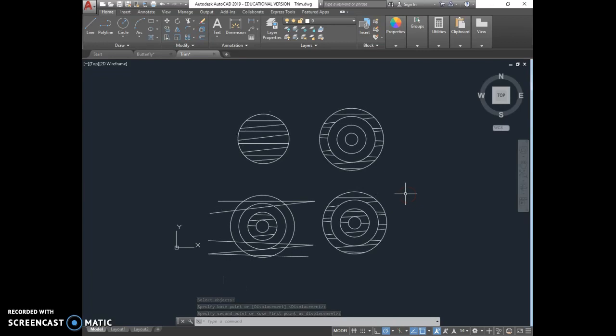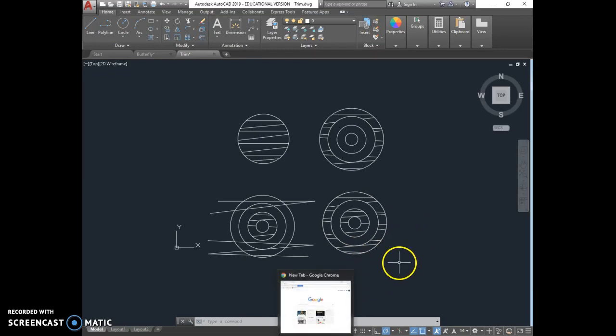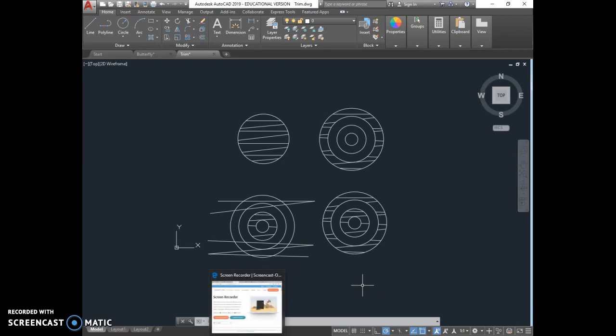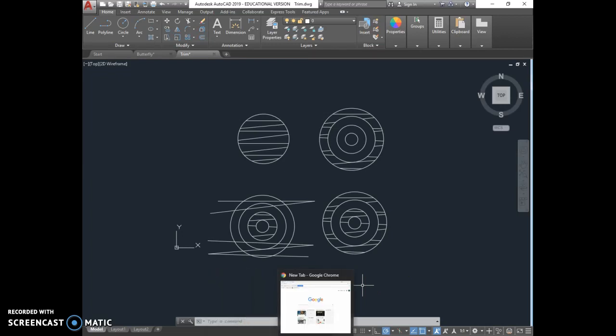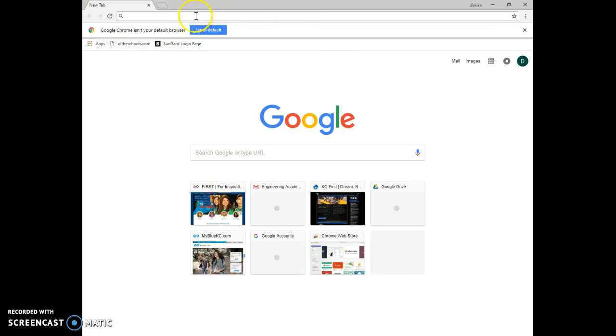You can go ahead and save this as trim, and then do a snipping of that, and upload your snipping to Student View. Alright, so once you're done with that, then next, what you're going to do is the next part of the assignment, which is you're going to go to Internet Explorer, or Google, or whatever you want, Chrome. And once you're there, you're going to type in Monarch